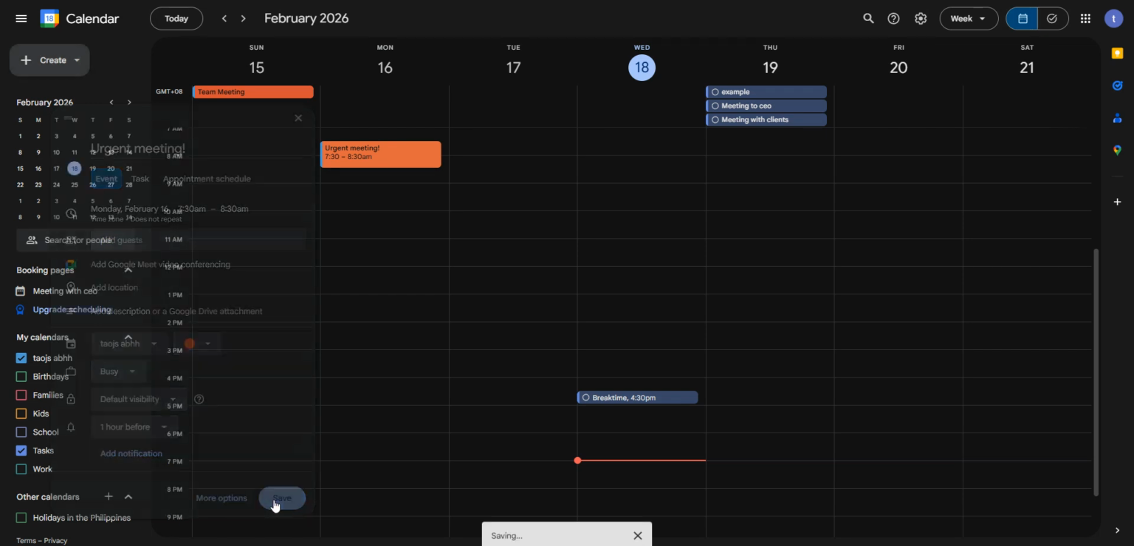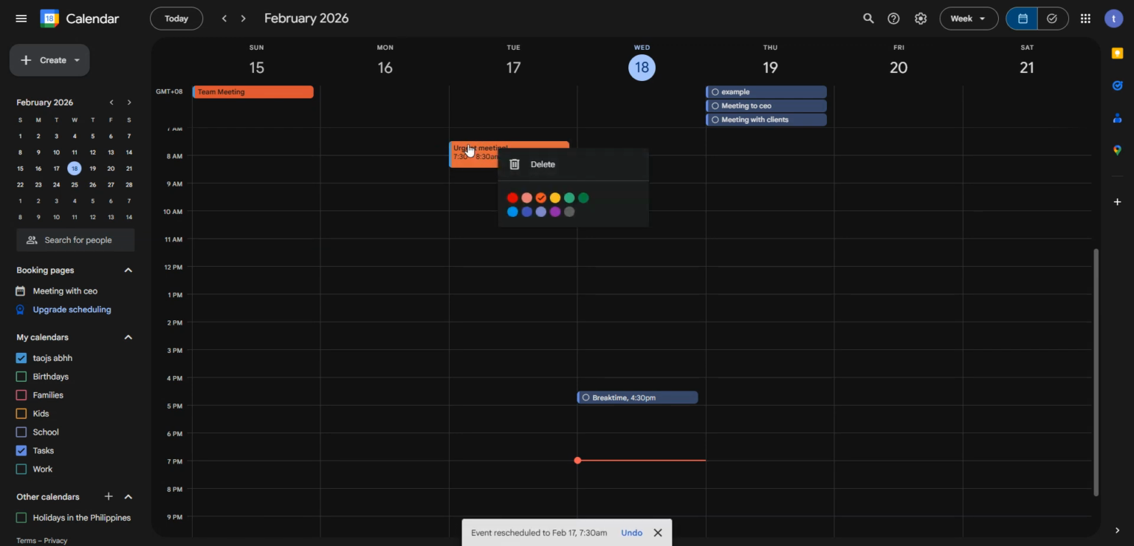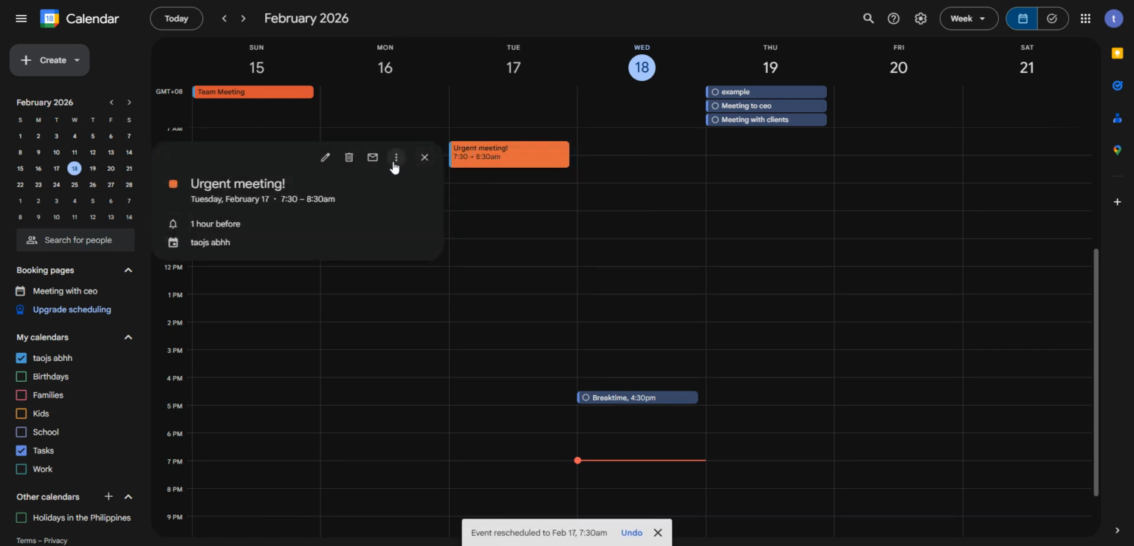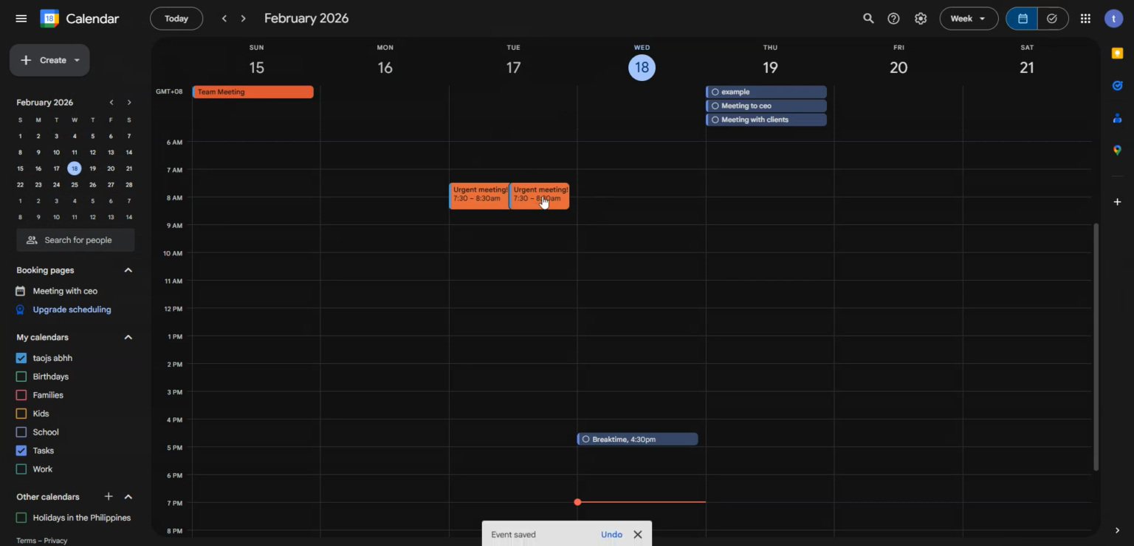You can drag and drop events on the calendar to change their time, and drag the bottom edge to adjust the duration. Color code your events to visually separate work, personal, or project categories. If this is a repeating meeting, use the Does Not Repeat drop-down to set a recurring schedule. And for online sessions, Google Meet makes it easy